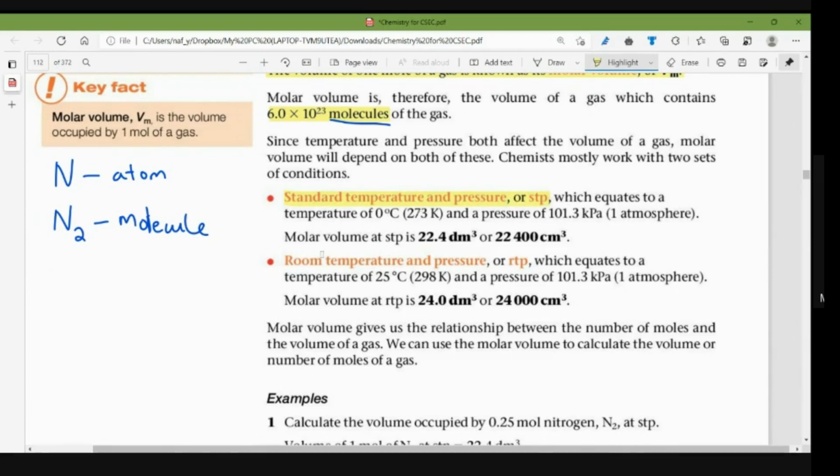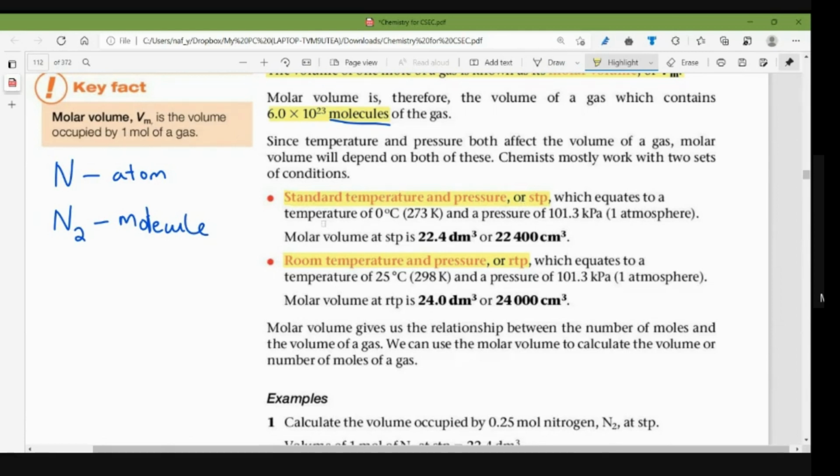Now, the other is room temperature and pressure. For short, we call it RTP. Now, with these conditions, they are very specific when it comes to the temperature and the pressure that the particle will experience. So for standard temperature and pressure, or STP,